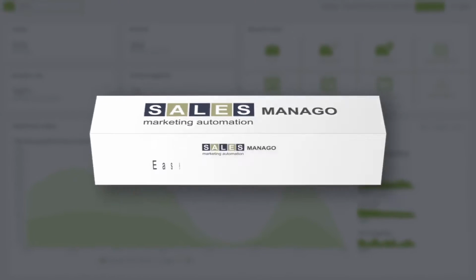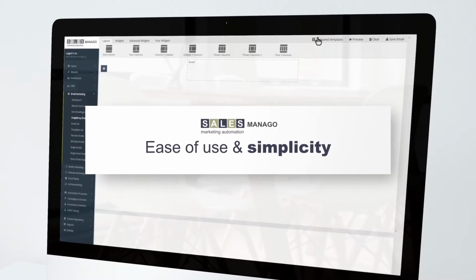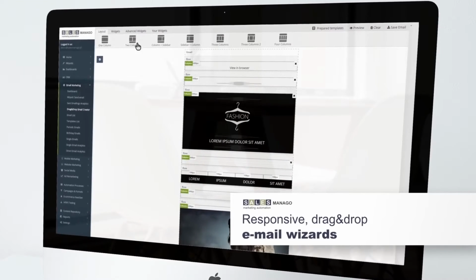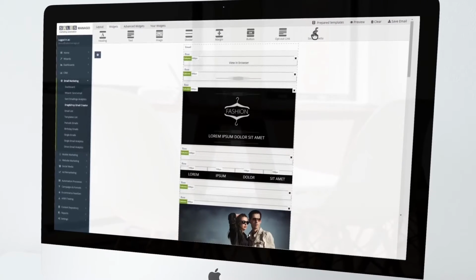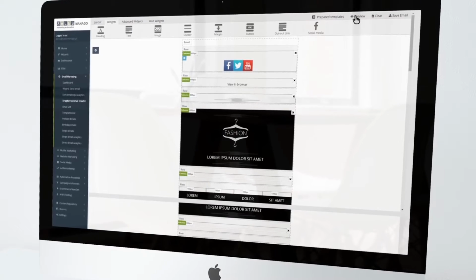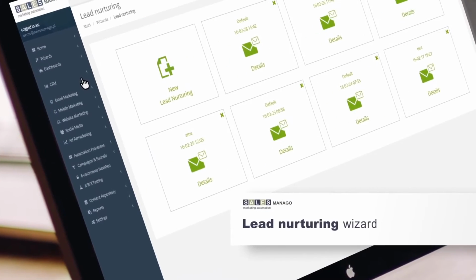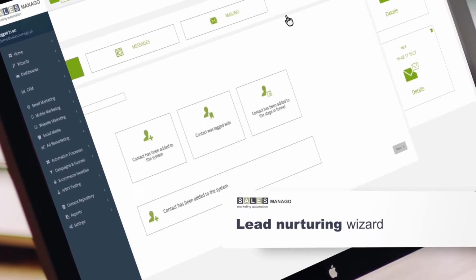Everything in Salesmanago can be done quickly and easily by yourself, thanks to our special wizards for emailings and newsletters with perfectly easy responsive email drag-and-drop creators and great analytics. Lead nurturing campaigns to automatically educate new customers that appear in your database.